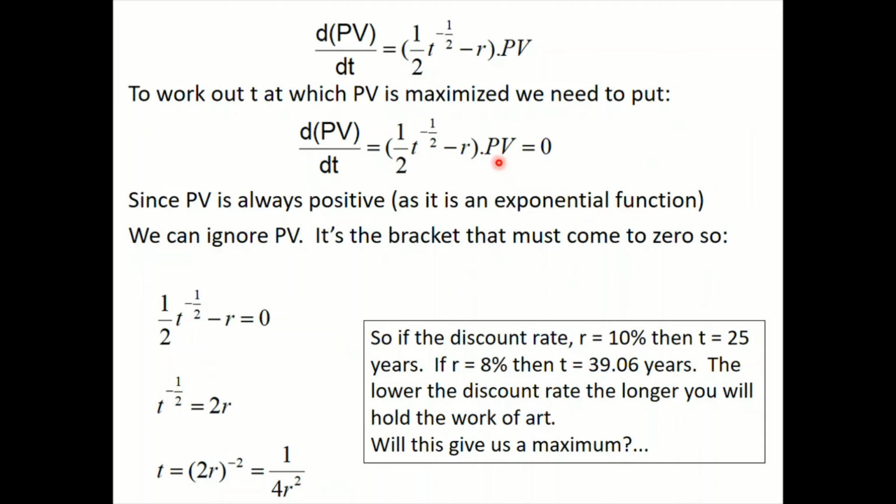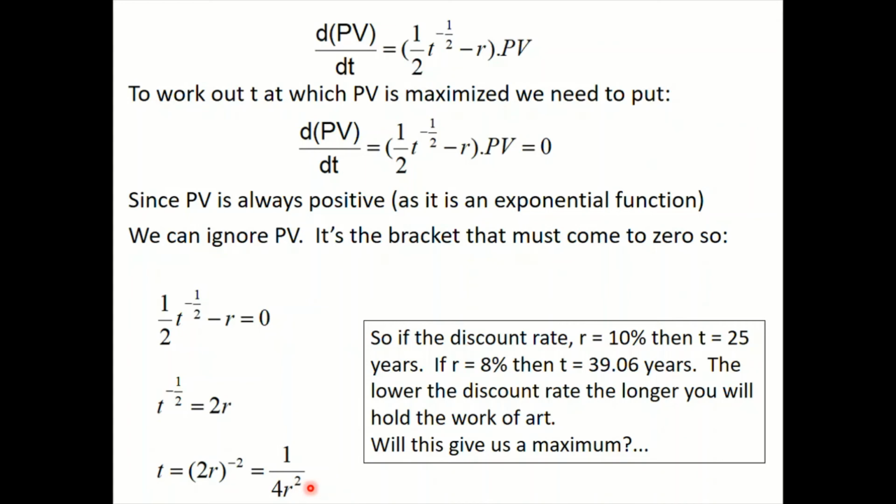Okay, so we're going to ignore PV, and we're going to focus on what's in the bracket, where we've got t and r. And we want this to come to 0. So if we set all of this equal to 0 and then solve for t, which is just a little bit of calculation, we can see that t equals 1 over 4 times r